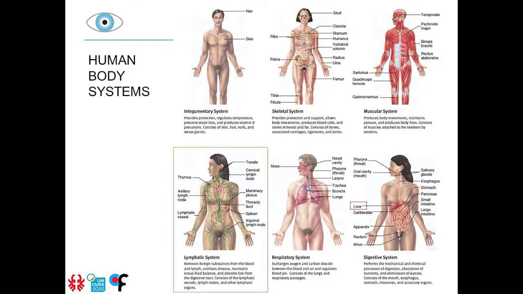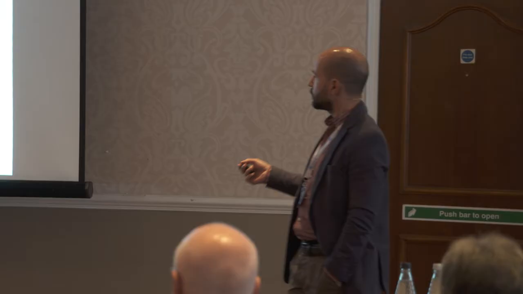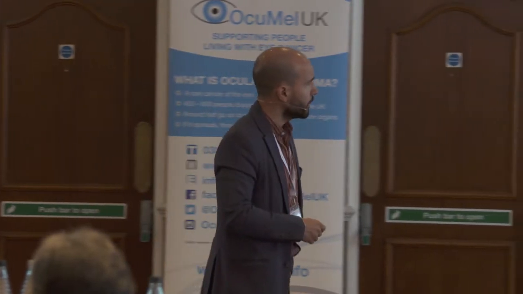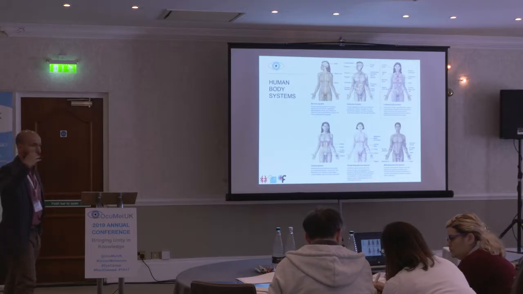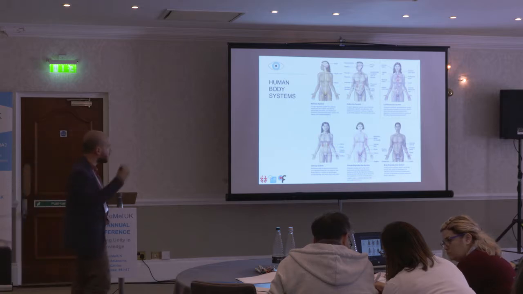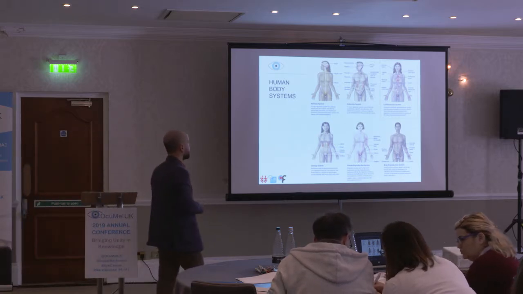So our human body has several systems. From the skin, the integumentary system, which protects the body, keeps the temperature, and makes a first barrier to external factors. The skeletal system allows us to have a structure, with the bones. The muscular system allows us to move. The lymphatic system, which we will see in further detail, the respiratory and the digestive systems, to breathe and to digest the food that we take. The nervous system allows us to control our body, with the brain and the nerves that move all the muscles in our body.